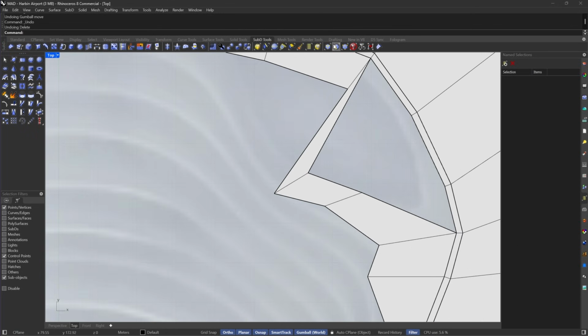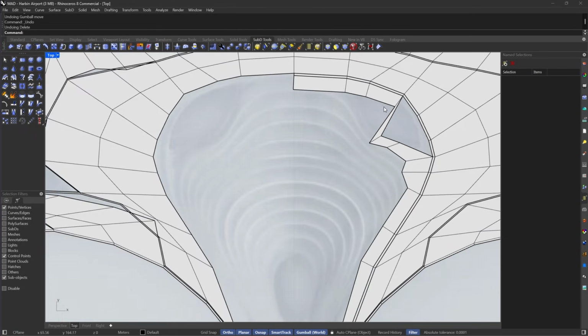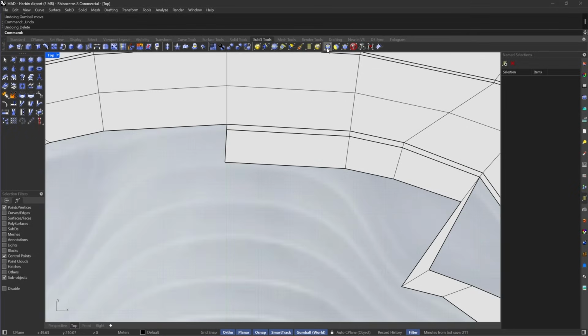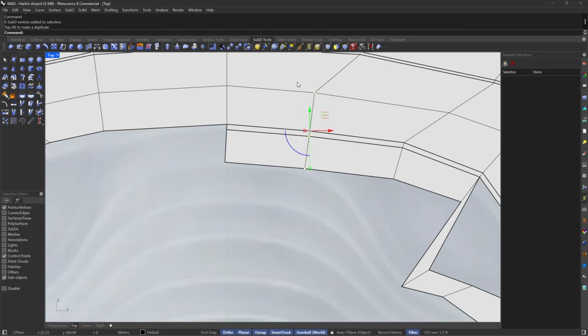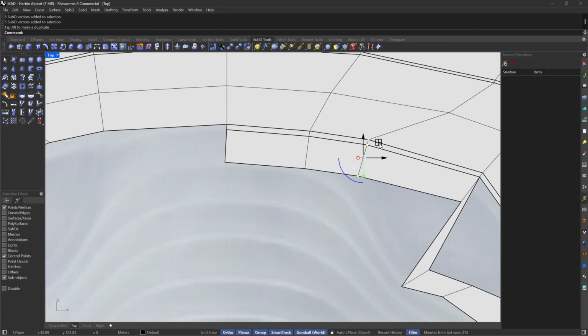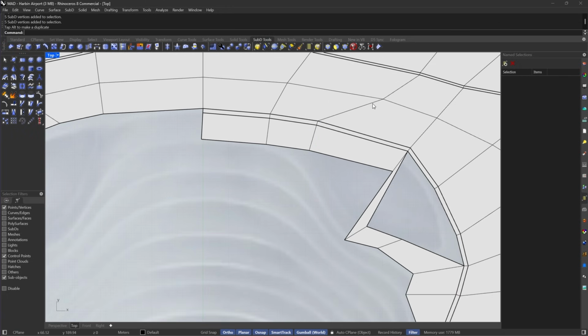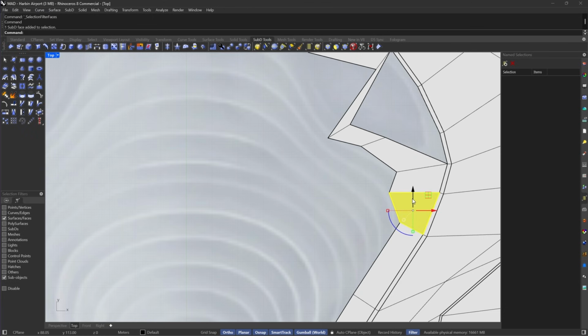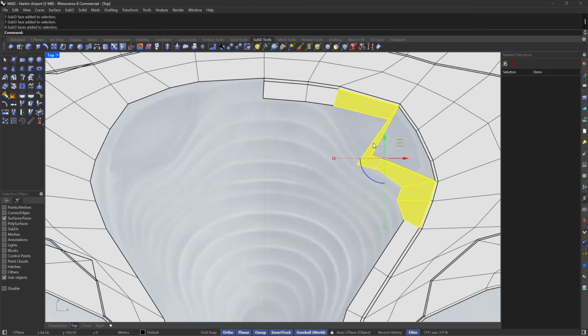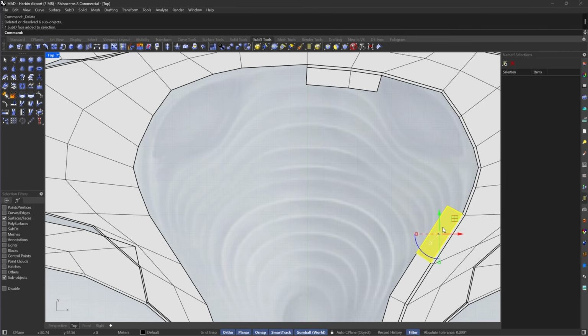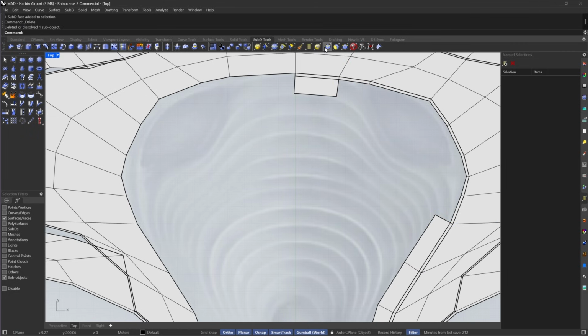Right now, I want to try to follow the fluidity of this shape. And if you look at this, let me just try to bring all of these vertices right here a little bit toward here, something like that. And these also, I'm going to bring them a little bit closer. And right now I'm not interested in all of these faces. I will create my own, so I might just select those and delete them. Maybe even delete this one. Actually, let's keep it, and then I'm going to delete this one,